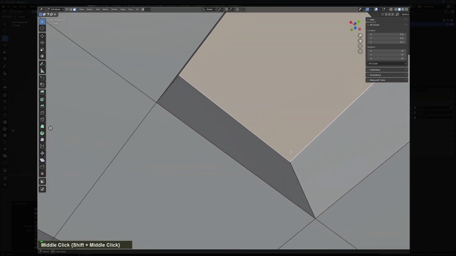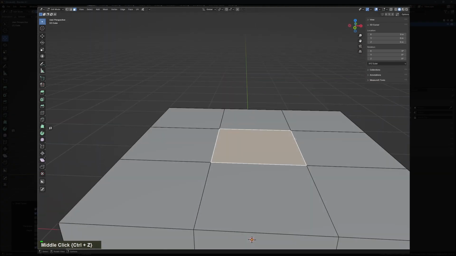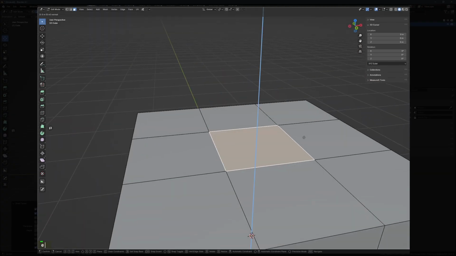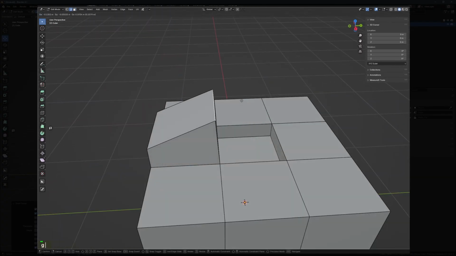We can see that it only moved the selected face outwards, so it's hollow on the inside. And that also means I can create a pocket by moving the face downwards. But does it always move the face along one of the 3 axes? No, and I can show you.